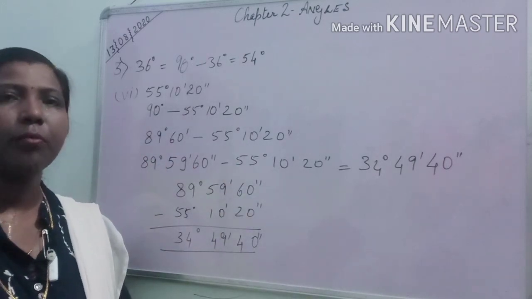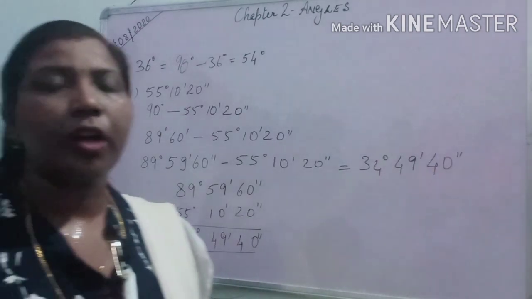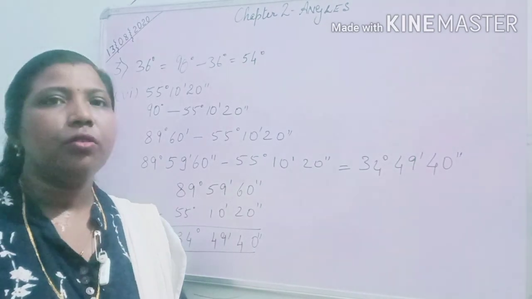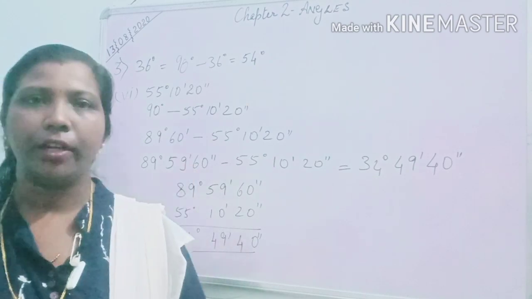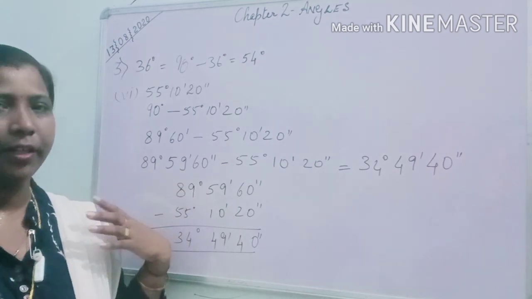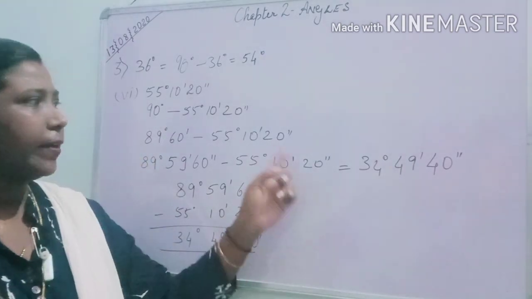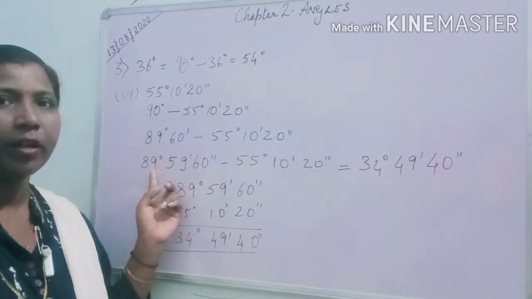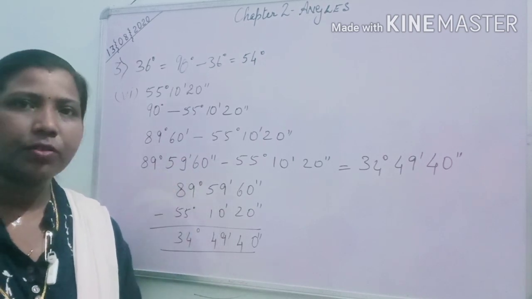The same procedure you will do for the supplementary angle also. Supplementary angles have a sum of 180 degrees, you know that. So according to this you will do it. In the place of 90 degrees we will write 180 degrees. When the minutes and seconds are both given, we borrow one from the degrees, then we write this. Is that clear students?